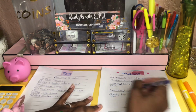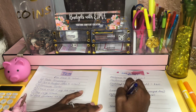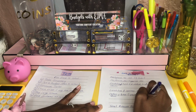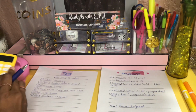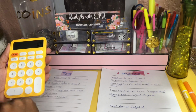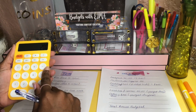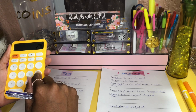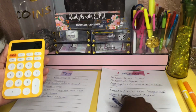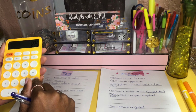So when I calculate everything, the total amount budgeted, that gives me $100 for backpacks for all 3 kids, $100 for school supplies, okay, $300 for each older kid, which equals $600, okay, $25 for lunchbox, okay,